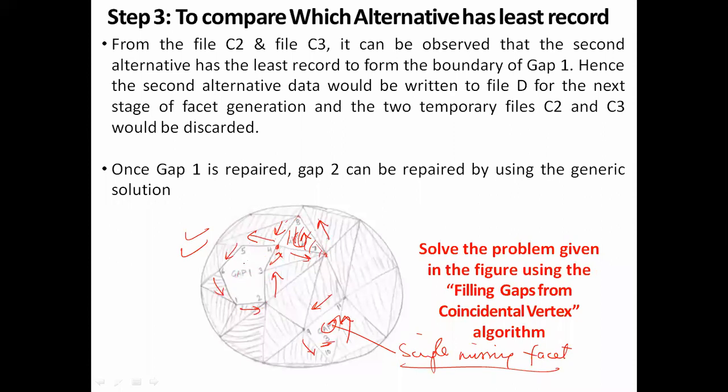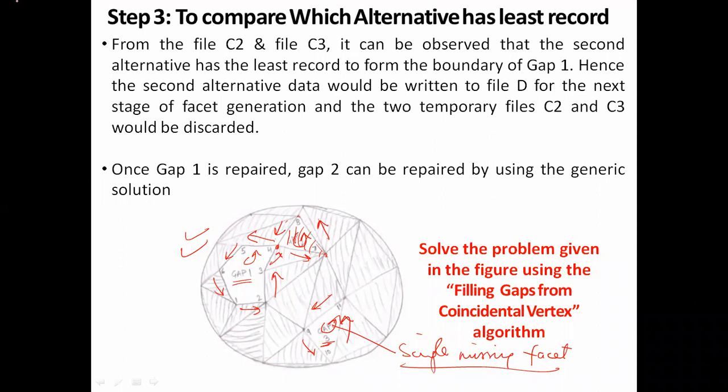So this will be filled up first, and then it becomes a single gap problem. The gap one is a single gap problem, that again you know how to fill using the missing facet algorithm. So the basic concept over here is that you have to check for all the edges that are there. Then you have to select one vertex from where you are going to start. After that, you are going to combine all the edges and look for as many options as you can in order to fill that vertex,